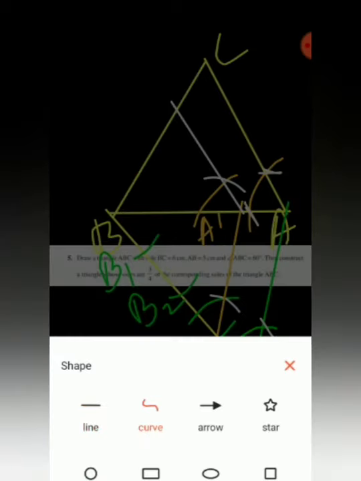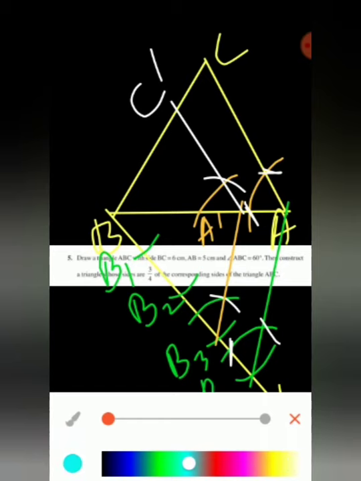You should get a straight line, and it should be parallel to the line AC. After that, you name this point C dash. Now we have divided the triangle A dash, B dash, C dash in the ratio 3/4 corresponding to the triangle ABC. Hence, the required triangle is